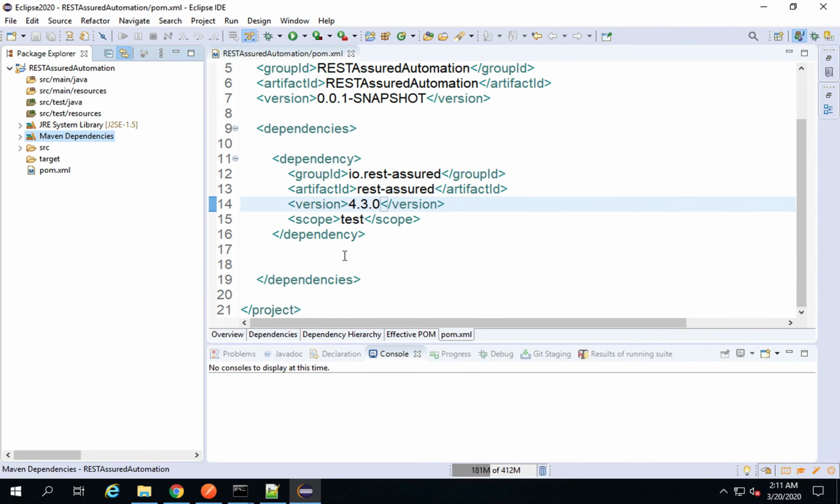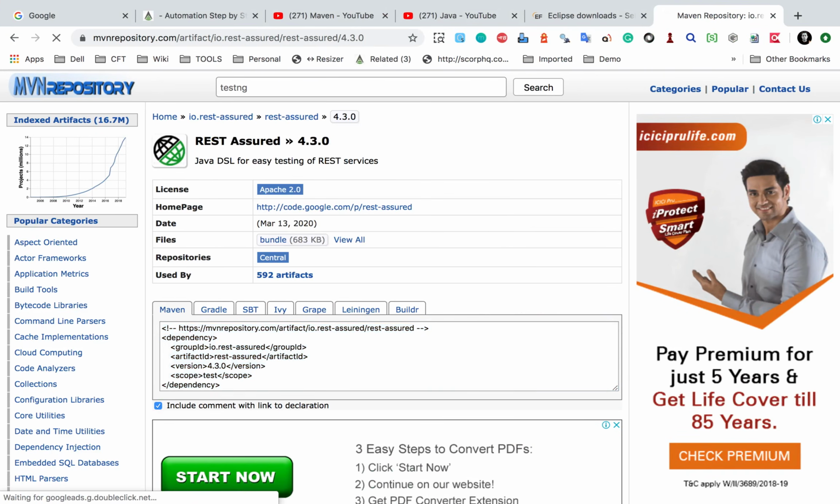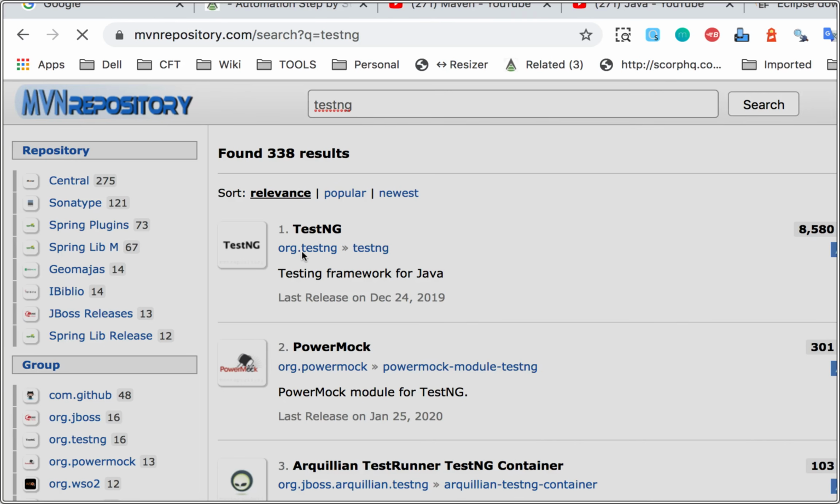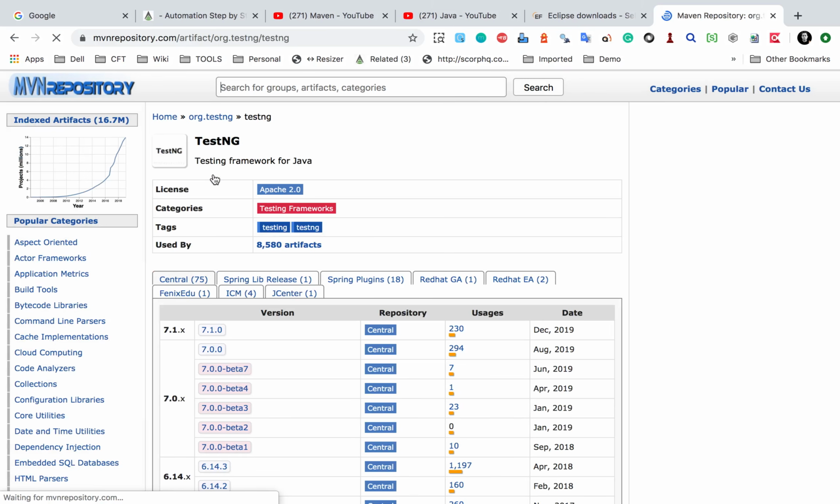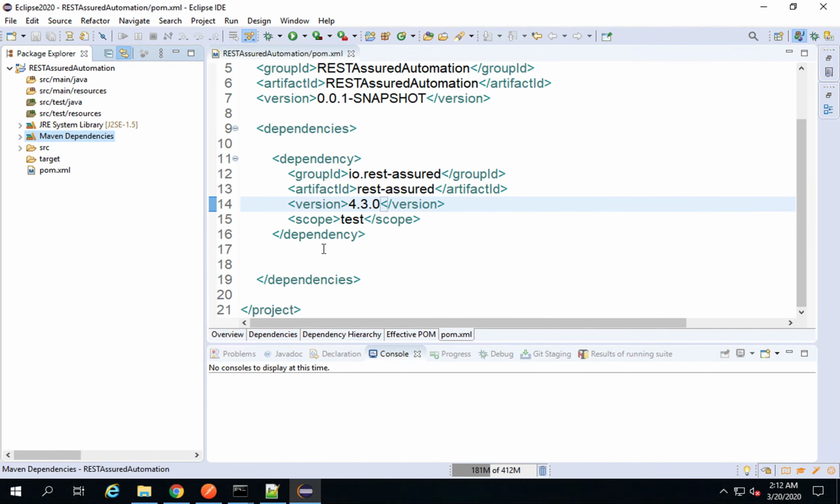We also need TestNG dependency. So if I again search for TestNG, TestNG is the testing framework that we will need. You can see, we have to take this org.testng. I will go here and get the latest one, and I'll copy the Maven dependency and add it here,